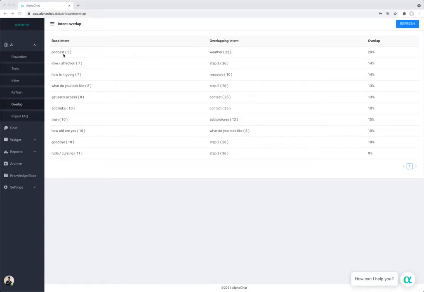So for each of these comparison pairs, you can see the amount of trained phrases that they have attached to it. This is helpful because then you can understand whether some topics have a large collection of phrases attached to it or just a small one. And then what the AI gives is the overlap percentage. So here we can see that there's a 20% overlap between the trained phrases for the topic of podcast and